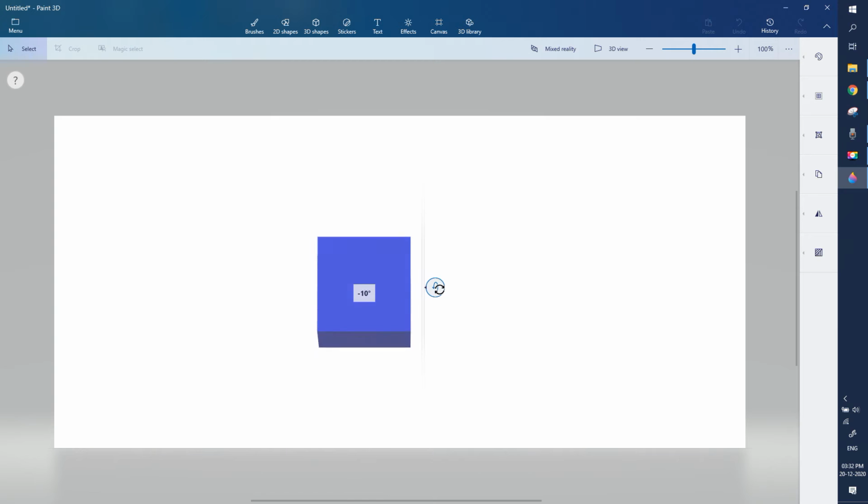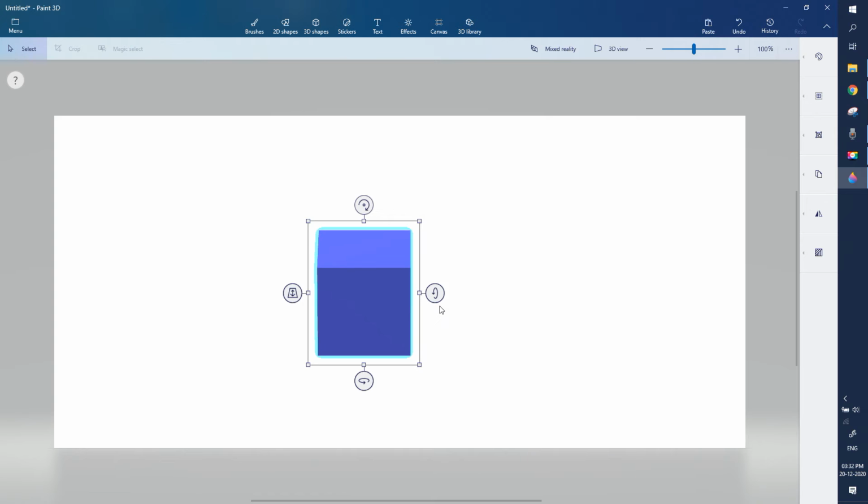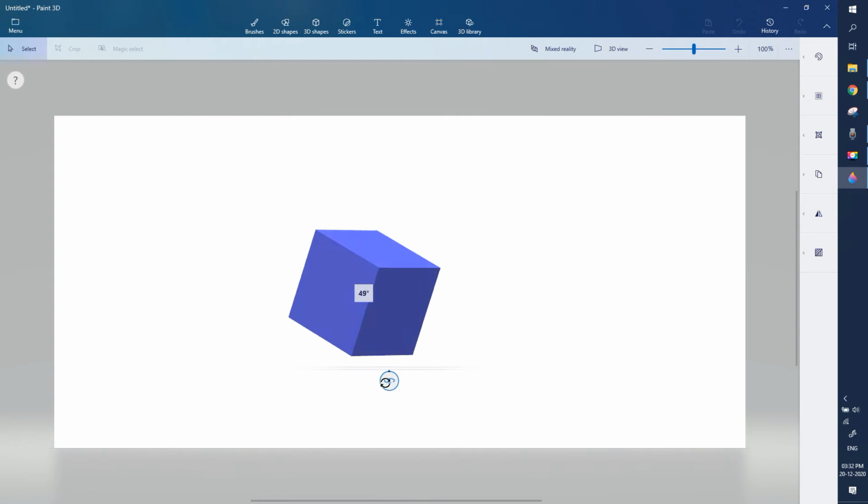I will click and hold this button, then move this button in up and down direction, something like this. Okay, there is a rotate button at the bottom of the cube also. Using this button, we can rotate the cube in left and right direction or in the horizontal direction.